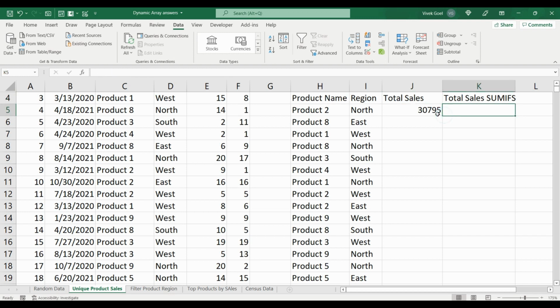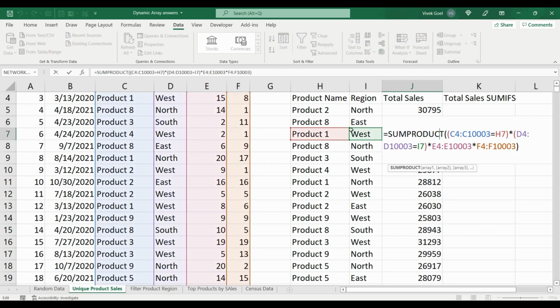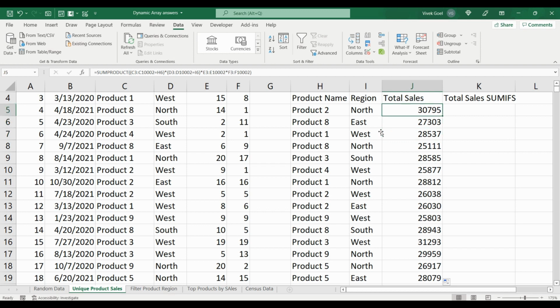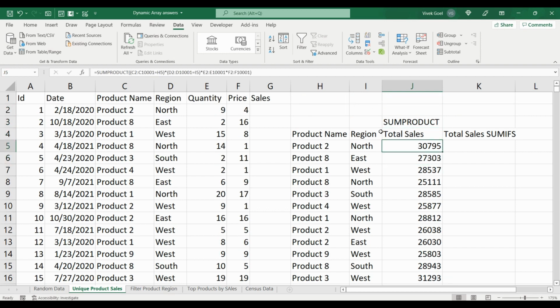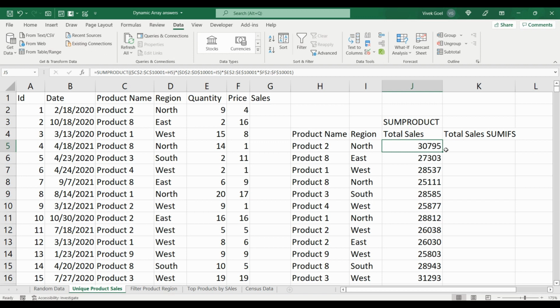Let's copy this formula down and you will notice that the range is changing slightly. We need to make sure that our range remains fixed, so we are going to make it absolute. Let's do that, and we will do it at the top cell. You need to be very clear on when to make your formula absolute, relative, or mixed. If you have not watched my video on that, please go ahead and watch it. That is a very important concept and you should be very clear on that. Now when we are copying our formula, our ranges are not changing and we are getting the correct values.